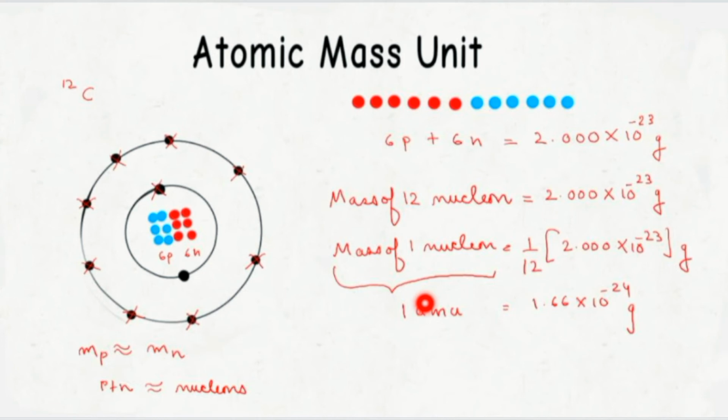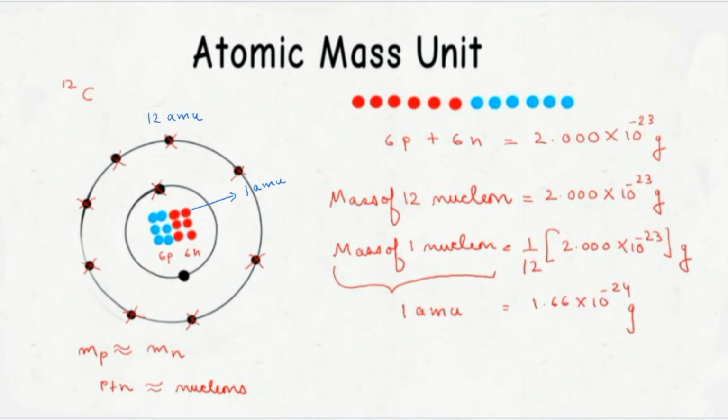When we think about one atomic mass unit, we will have to think about the mass of one nucleon. Either a proton or a neutron, its mass will be 1 AMU. Okay, then it is easy how to express the mass of carbon atom in the new system of unit. We will be just looking into the nucleus. How many nucleons are there? That much AMU. So can you tell me in the new system of unit what will be the mass of carbon atom? It will be 12 AMU.